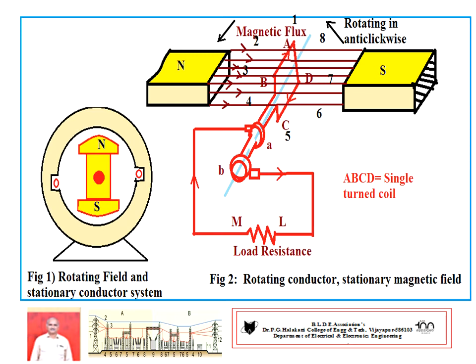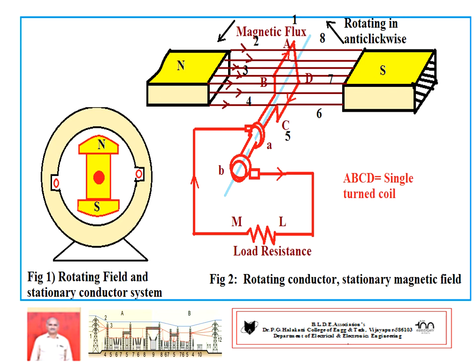Hence, the same process is continued from 180 degree to 360 degree, that is from position 5 to position 1. When it reaches the negative maximum at position 7, that is at 270 degree, the induced EMF is maximum at 270 degree or position 7. This happens in the negative half cycle.